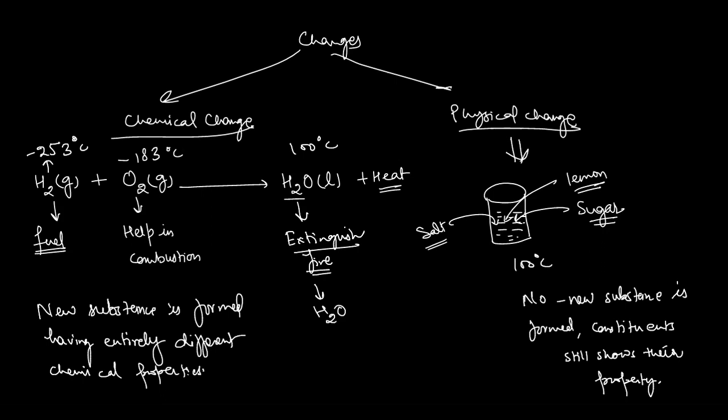Okay, so you see that here a great chemical change has taken place. Sorry, we are saying that a great change in the energy is taking place, because when hydrogen reacts with oxygen, a large amount of heat is liberated. But in the other case, no heat is liberated. So now you understood what the chemical change is? Yes. A change in which a new substance is formed. So if such a change is taking place in which a new substance is formed having some specific formula for the compound, then this type of change is called the chemical change.